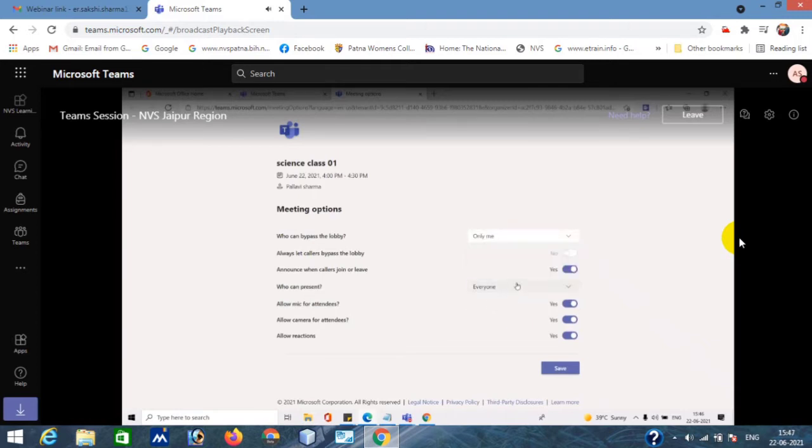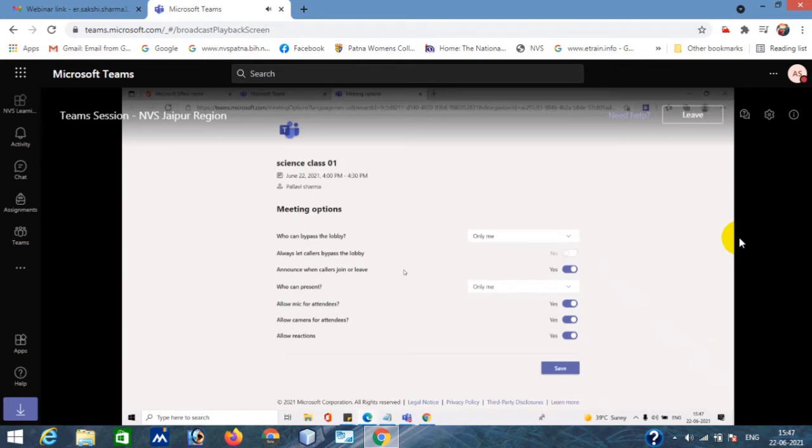And who can present is also important, like who is the presenter of this meeting. A presenter has rights such as sharing the screen, muting all the participants, removing participants from the meeting, and doing recording. So all these options are applicable to the presenter, right? So before making everyone a presenter, just think that you are giving this right to everyone. That's why you have to select only me or specific people or people in my organization, right? If you select only me, then other persons will act as attendees in the backend. They don't have such rights. Only you have that right. So this kind of thing you can do.